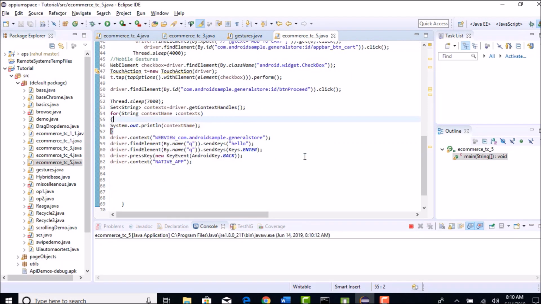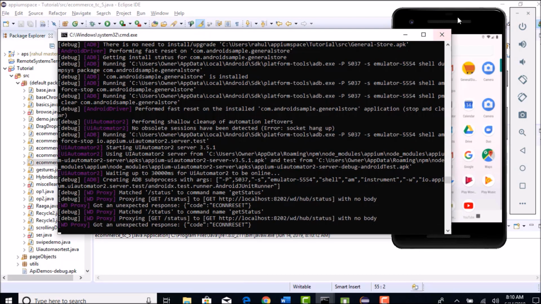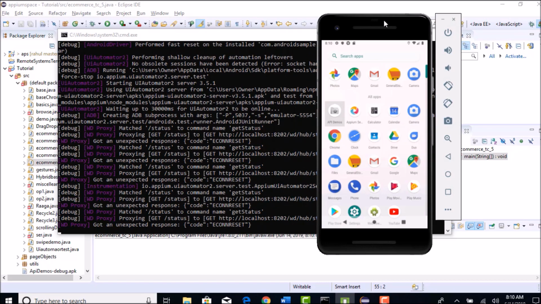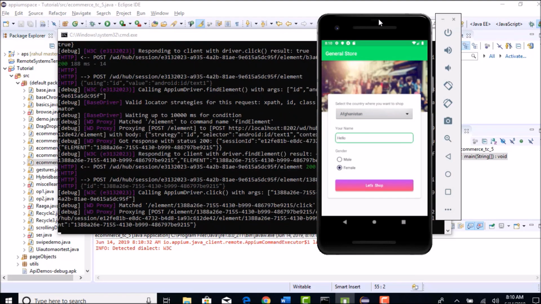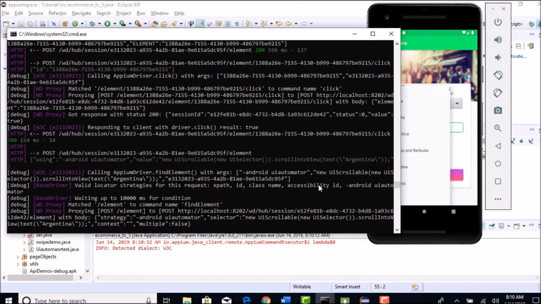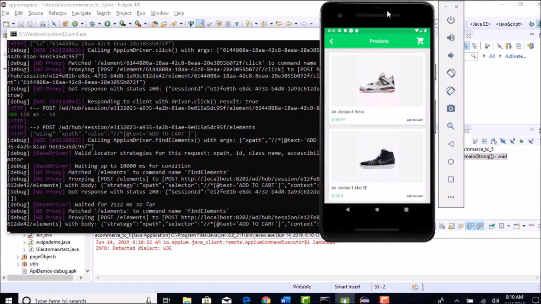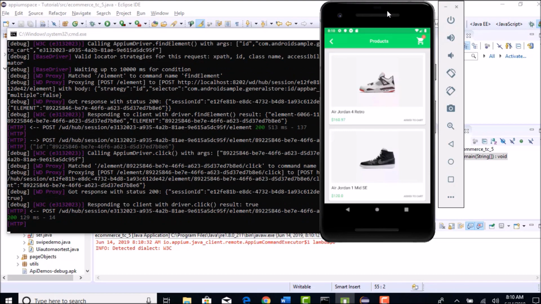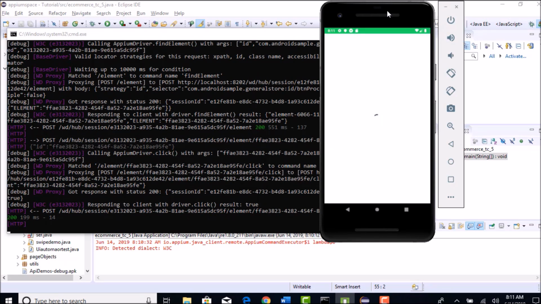So I hope now you have an idea on dealing with these hybrid apps. It's a combination of Web Selenium plus Appium Mobile. Okay, so you can see that valid location strategies for Appium are XPath, ID, class name, accessibility ID, Android UI Automator. There is no name or CSS locator. But if you switch to WebView, then you can use all of these as it is supported by Selenium. But when you are in native, you cannot use the CSS selector command. So you can observe that difference.